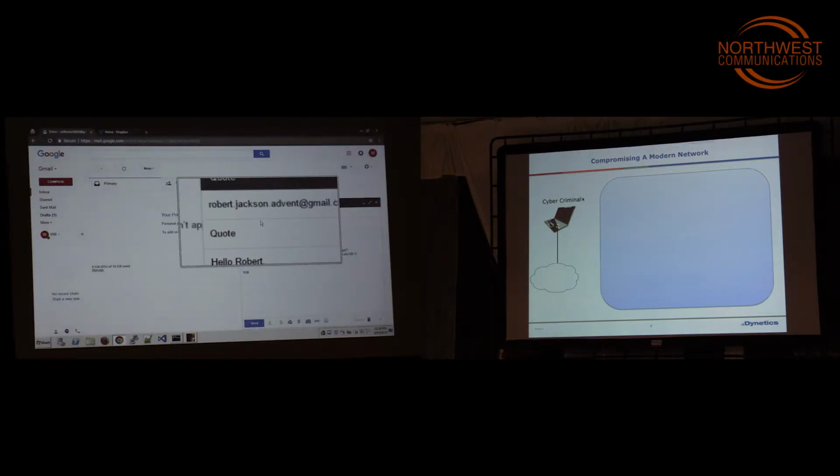So nothing suspicious. Again, I'm trying to avoid suspicion. So I've got that document, and then I've got a free Gmail account over here, and on that Gmail account, oh, snap, I just deleted it. Okay, there we go. So you can see I've identified Robert, who I've already talked to, and I said,